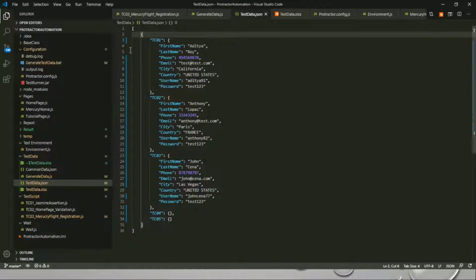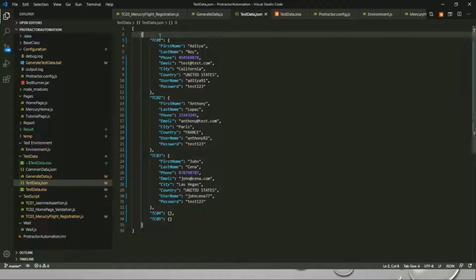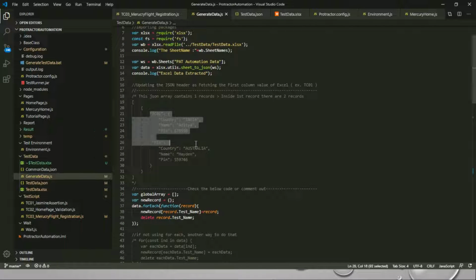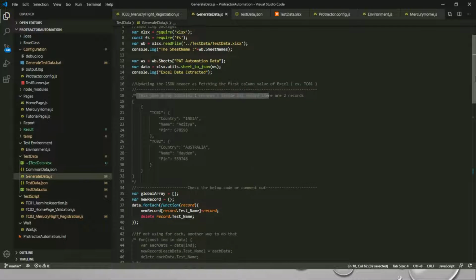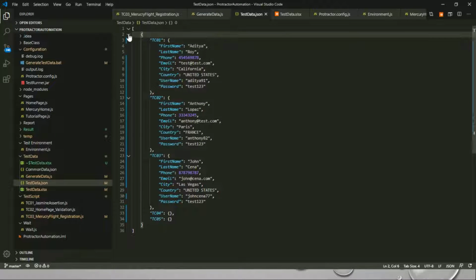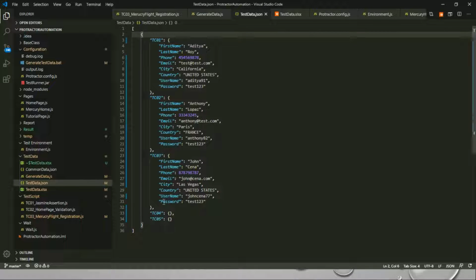So here you can see we have exactly one row, I mean one object. In the JSON array we have actually one JSON content, and inside that we have all the inner content, right? That's why I have mentioned it over here. So the JSON array contains one record, and inside that record we have multiple records. But for the earlier one, for every record you have a different element. So this JSON has exactly one JSON array content, and that one content has TC1, TC2, TC3, TC4.